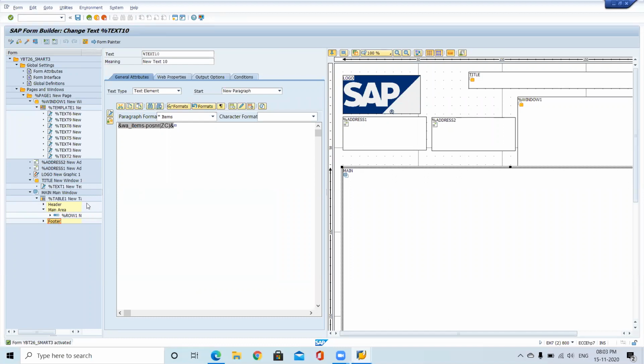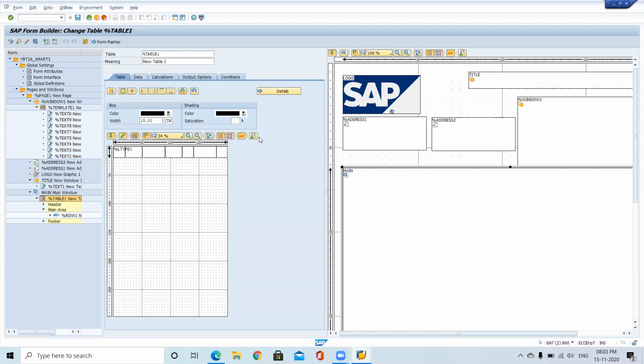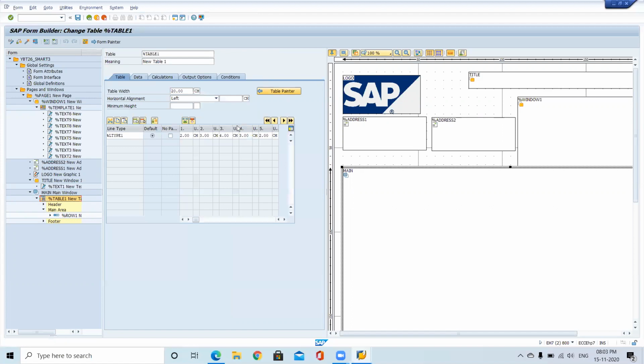So what is the available space in the window? We are having available space 20. So in that we use this table concept. So here this available space width is for the table, how much space is available. So now go there. The total available space is 20. Now we need one more line. So we need one more line with two cells. So I need one cell with the 10, 10.